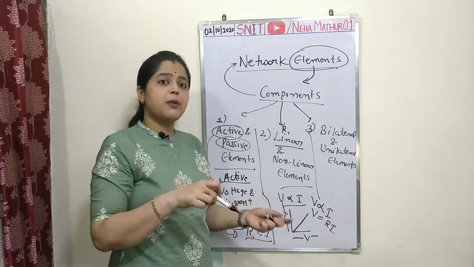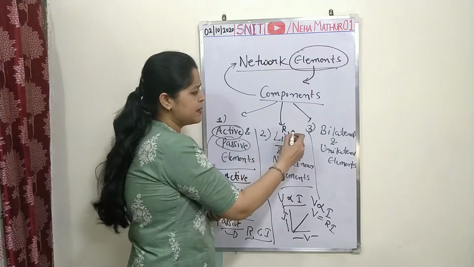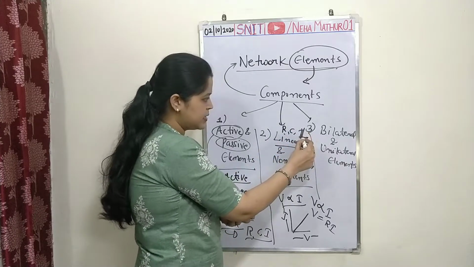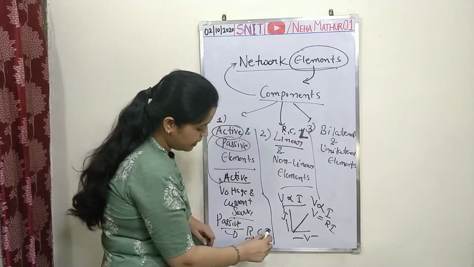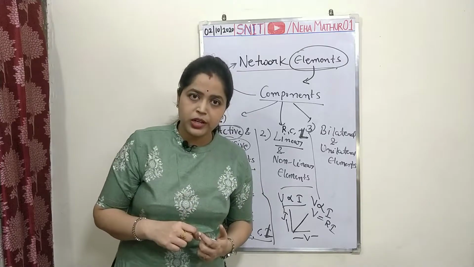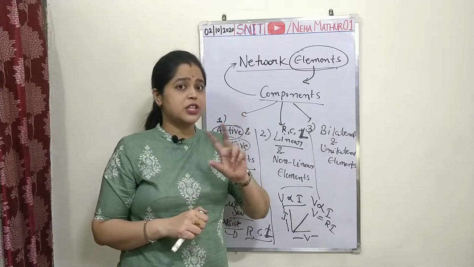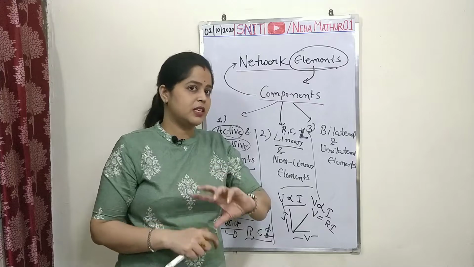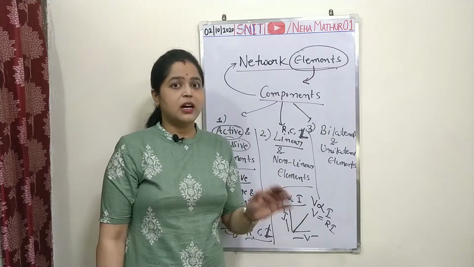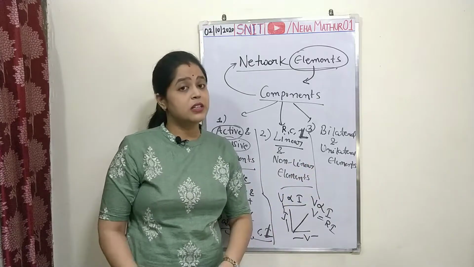So such type of components like resistors, capacitors, inductors, all those components, inductor is represented by capital L, not capital I. Sorry for this. So all those components which are going to represent a linear relationship between input and output come under the category of linear, while non-linear elements means a non-linear relationship between voltage and current.